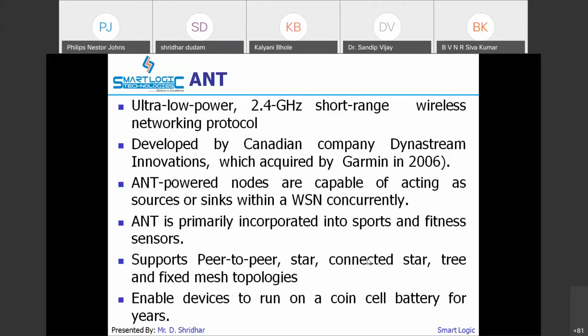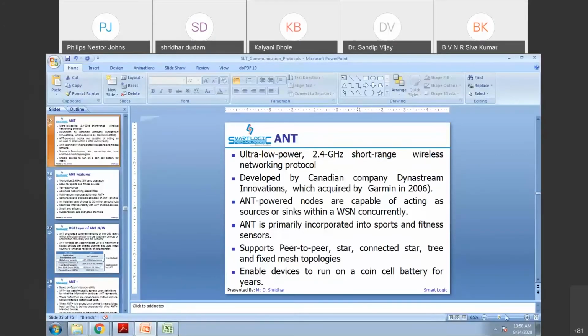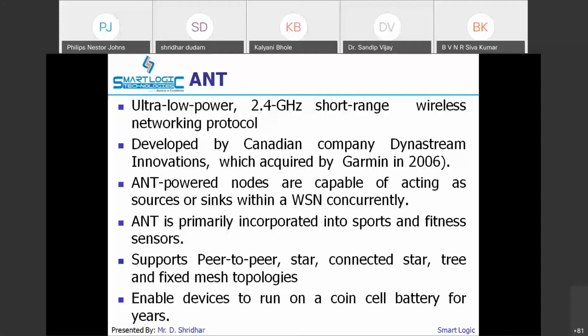The next one is ANT. I'm just going fast because we are already lagging behind, so we have limited time. I think I have another 30 minutes to cover. Somebody has requested the frame format of Zigbee. Actually, it is not in the scope of this webinar. We have that, but maybe we didn't get time for it. Zigbee is not so much used in wearable devices. BLE, NFC and ANT are now mainly used in wearable devices. So that's why I skipped the Zigbee part.